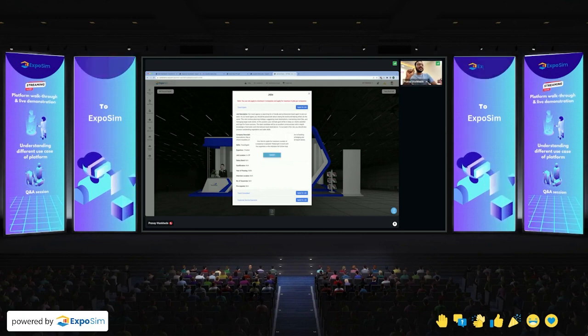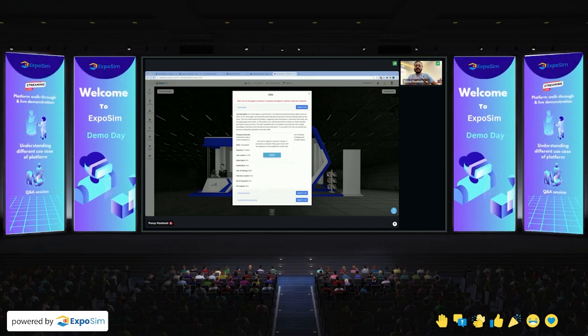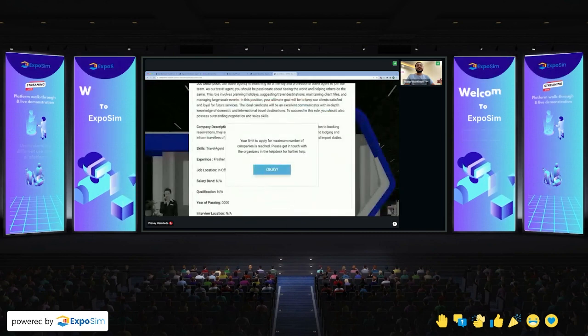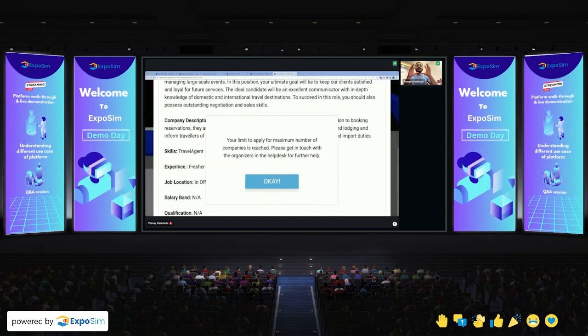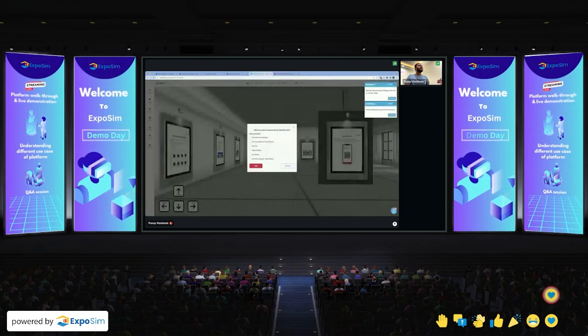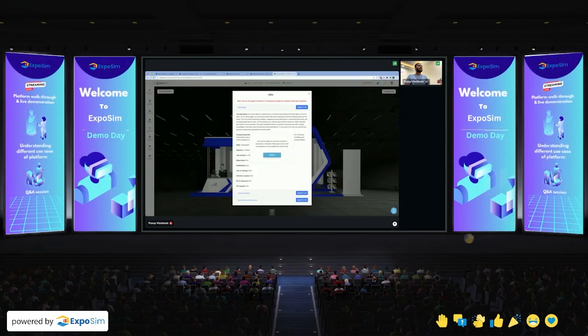If you want to limit the number of jobs one person can apply to at a company, you can set limits, and it will say your limit to apply to a maximum number of companies has been reached, and it will restrict people from applying. So you as an organizer will have control of all these things. If I take you to the dashboard of this particular job fair,